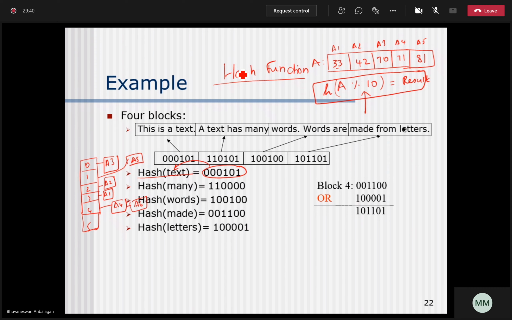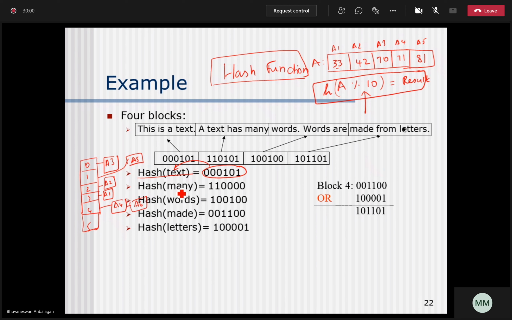That is the hash function. It is a user defined function. There are no strict rules for how you have to create a hash function, and no standard hash functions. Based upon your application, you can come up with your own hash function.